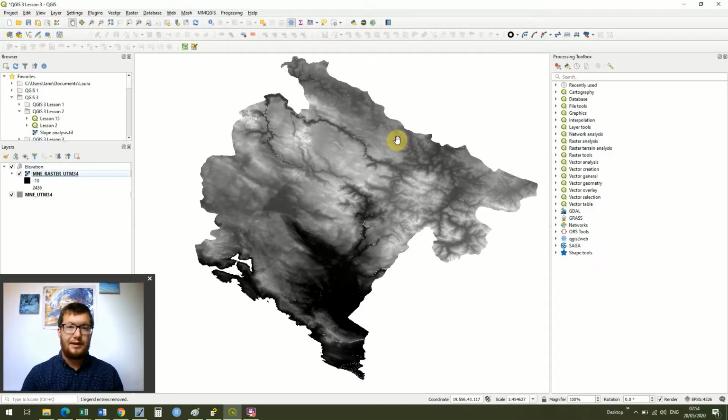Today we're going to be looking at slope aspect, which is basically the direction of the slope. There's a number of reasons we might want to use this in marine biology, and I'm going to talk you through them. In this lesson we're going to talk about another really simple, but in my opinion underutilized technique which can give us a lot of information about our raster and can be really useful in our survey